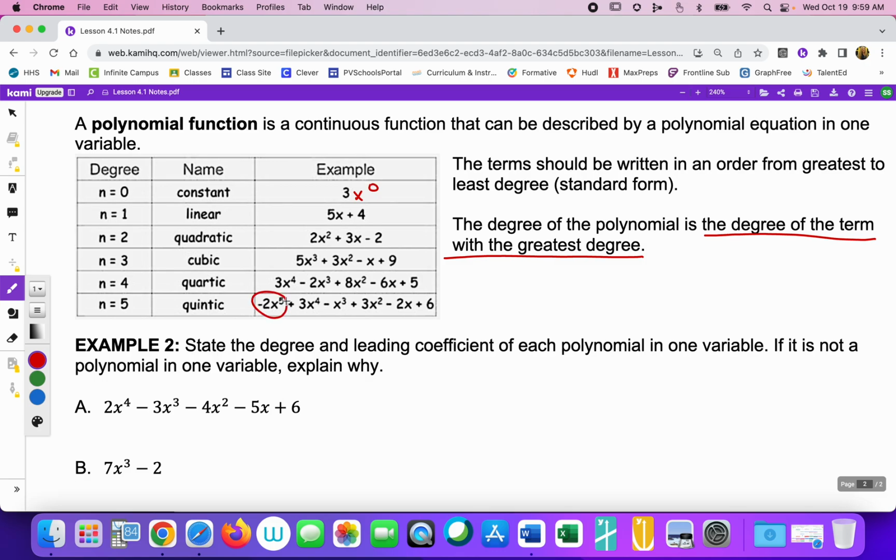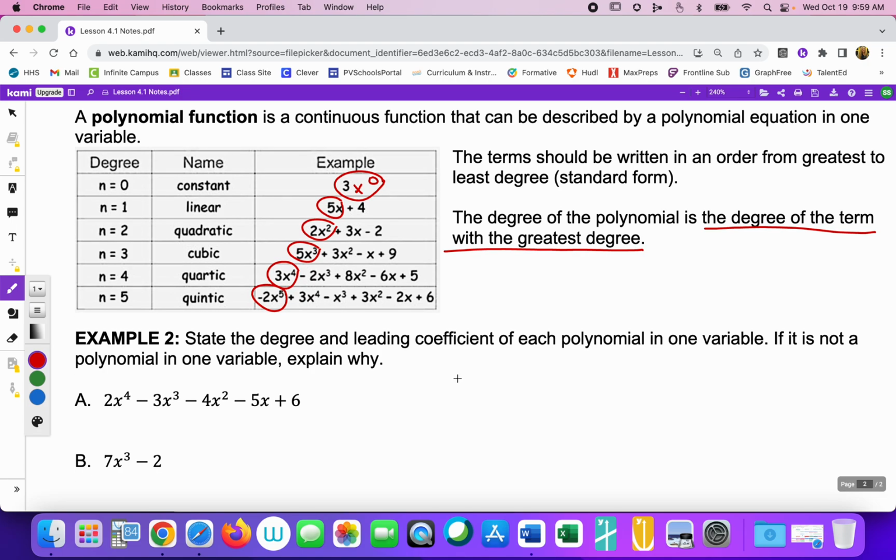So these ones, since they're the largest, and these are all in descending order already, these determine what the degree of the whole equation is. And it doesn't matter if it's a 5th degree and then there's only 2 terms. If that's the highest, that determines the whole degree. Okay. So as of right now, you don't really need to know the names. You might be asked for that later, though. So I wanted to at least give it to you somewhere. Okay. So we're going to use that just to determine the degree and leading coefficient of these polynomials